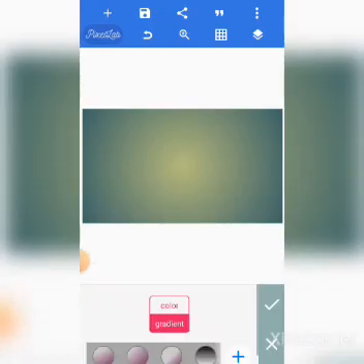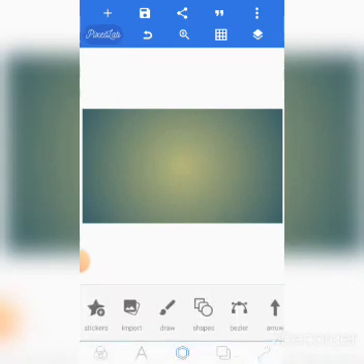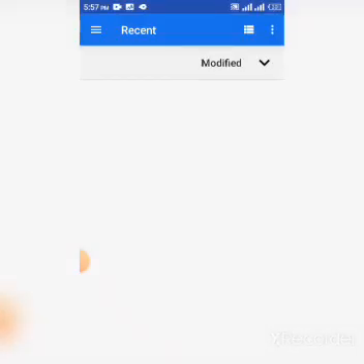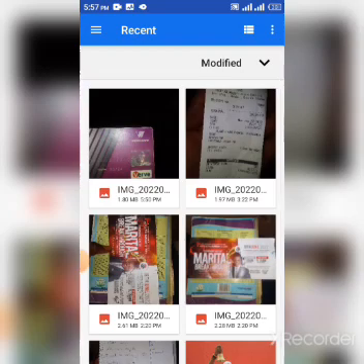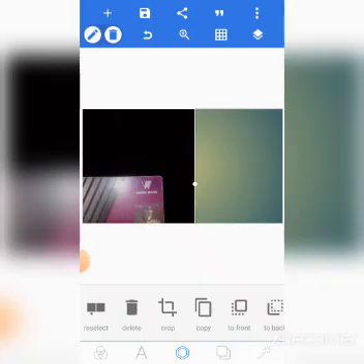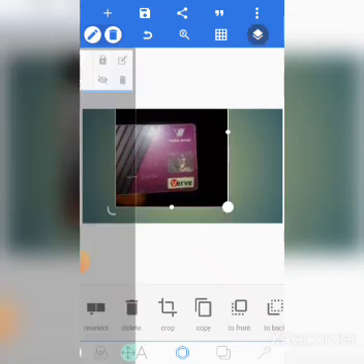The next thing we're going to do is change the color. But I don't really have the exact color that I want to use, so I snapped my card. I'm going to be picking the color from that card. This is how you pick a color from your object in case you don't have the specific color you want